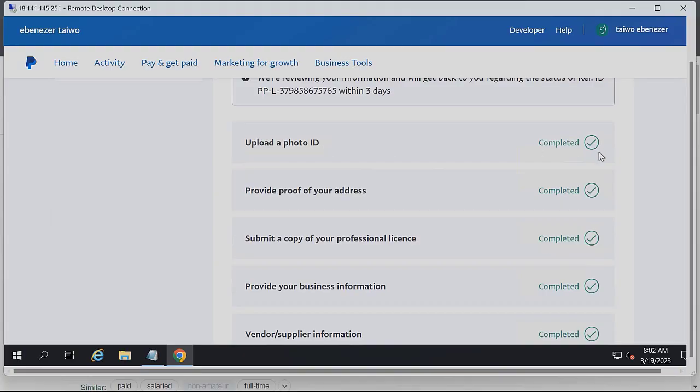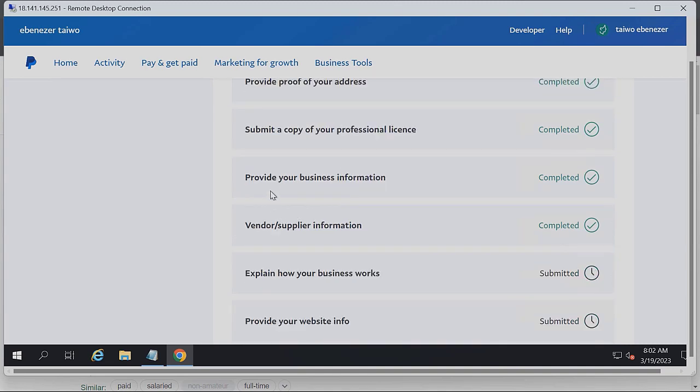ID approved, submitted, they approve it. Proof of your address submitted, they approve it. Submit a copy of your professional license, approved. And then here